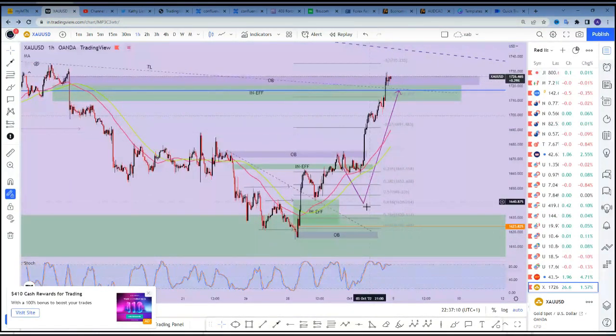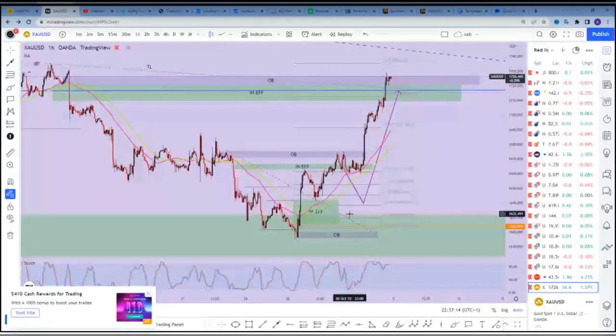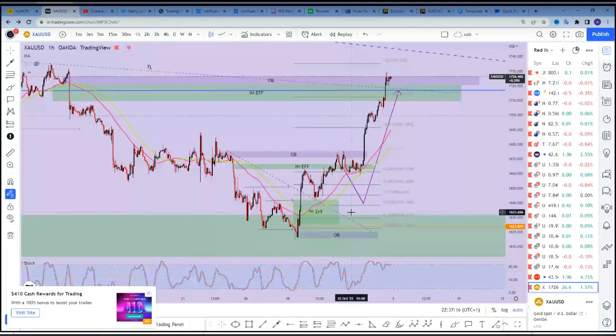This is gold right here. The recent buy on gold. Can you see what happened? The moving averages are bullish. What do we see next? Stochastics was oversold. And what do we get? This massive buy, as you can see.